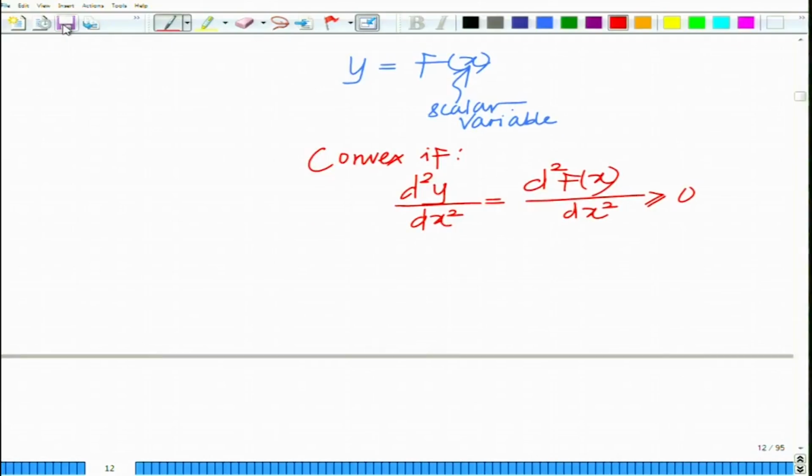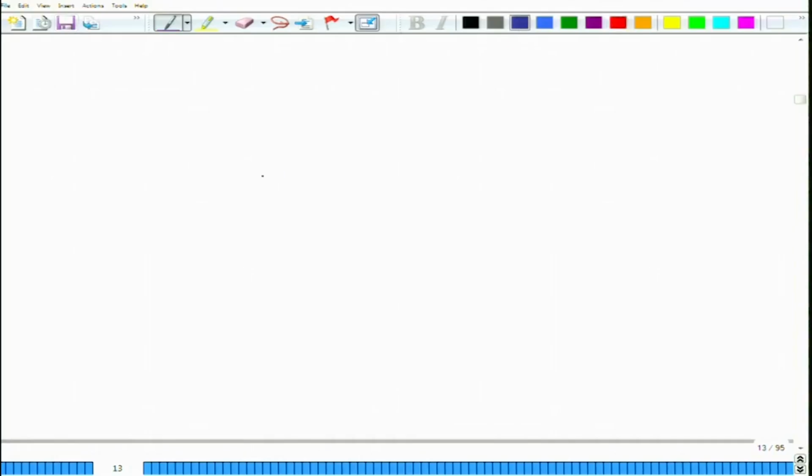And remember, this is for a function of a scalar, that is a function of a one dimensional variable, a single variable x. So, if the second derivative is greater than or equal to 0, then the function is convex. And this can be understood as follows. For instance, if you plot a convex function,